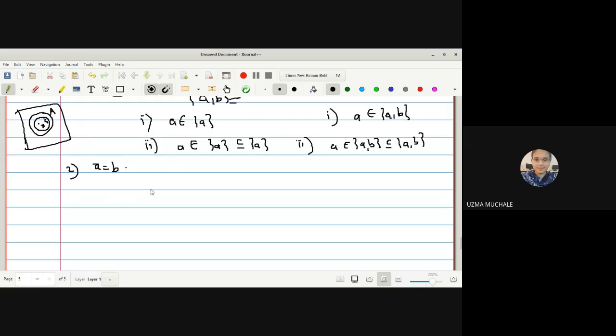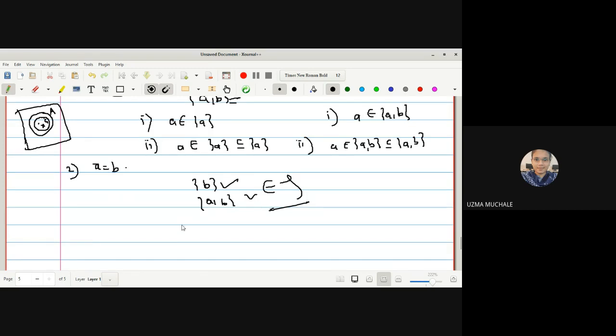Yes, what you told, what are the neighborhoods for point B? B and AB. Okay, so B and AB. Simply you have to verify the two conditions. What are the two conditions? First one is whether X is a member of A, and whether we get an open set which contains that point and which is contained in that set. So as B and AB both are open sets because both are members of TOE, that's why they are true.